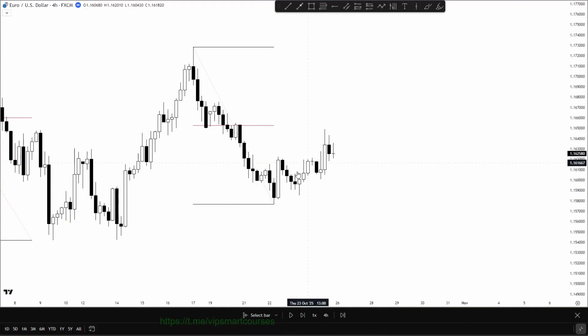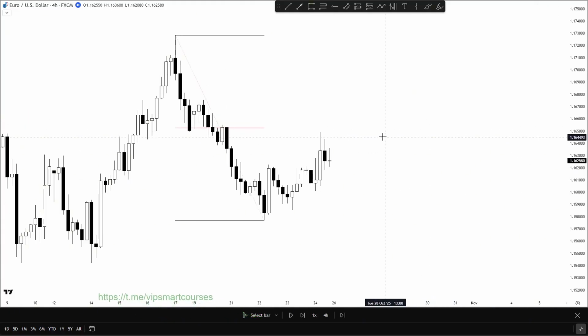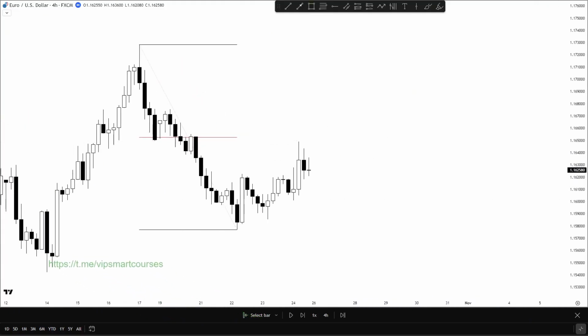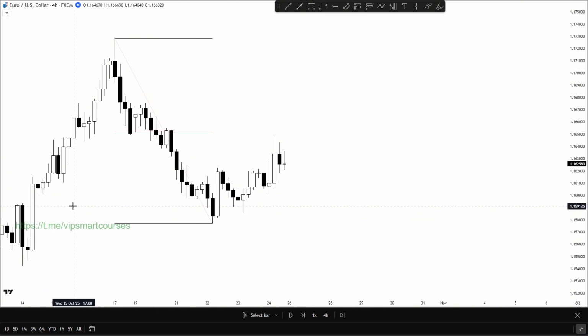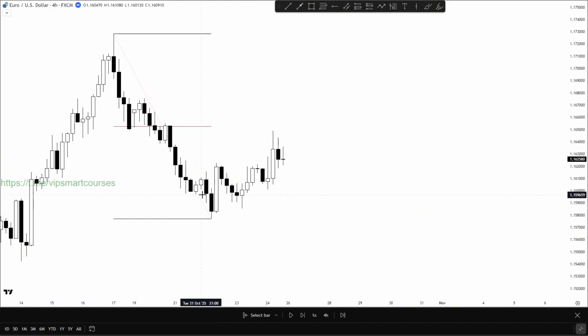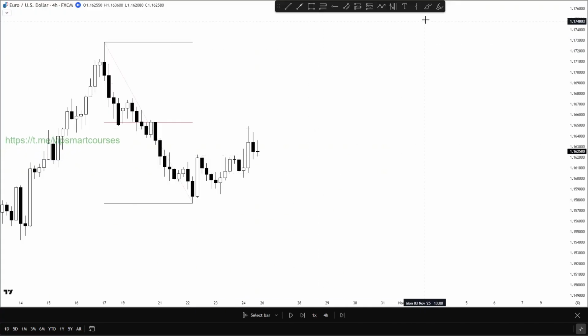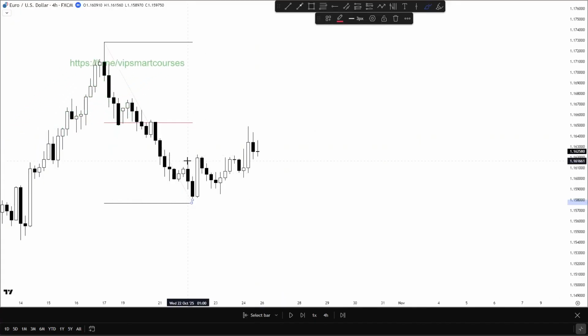And because of these two reasons, I considered and regarded this low as a significant low and marked out this new micro dealing range. So we had two reasons here. First of all, this low led to price breaking above this high, which was one of the reasons which led me to believe we have now formed this micro dealing range. But that wasn't the only reason here. And the reason I'm saying that to you is,